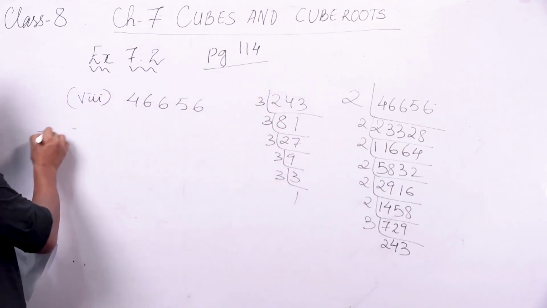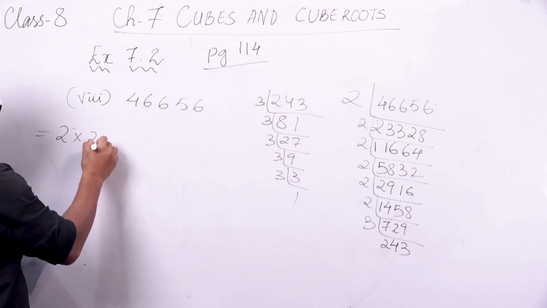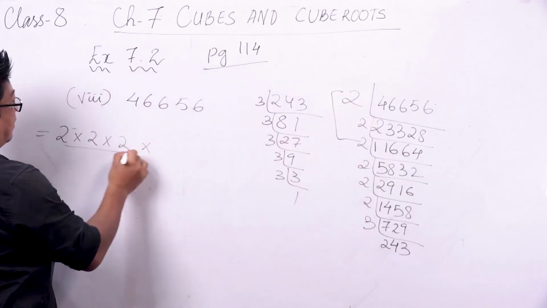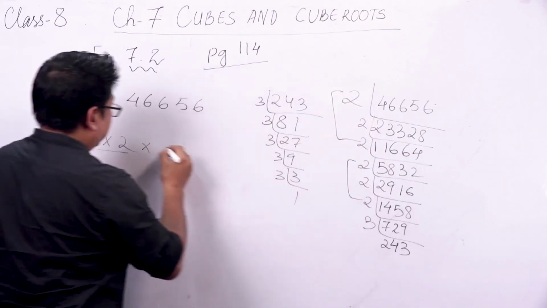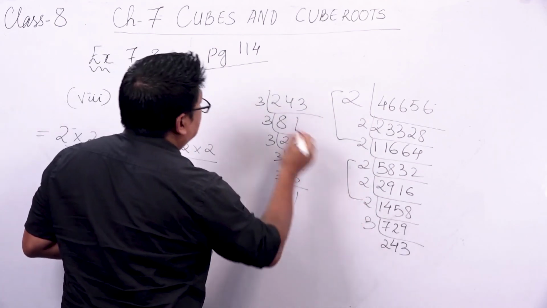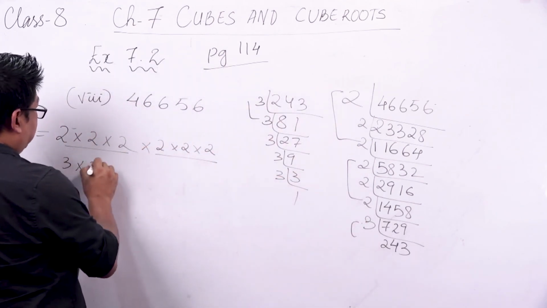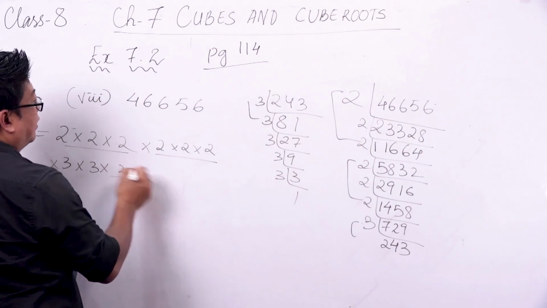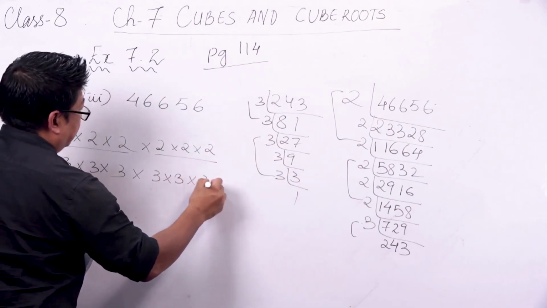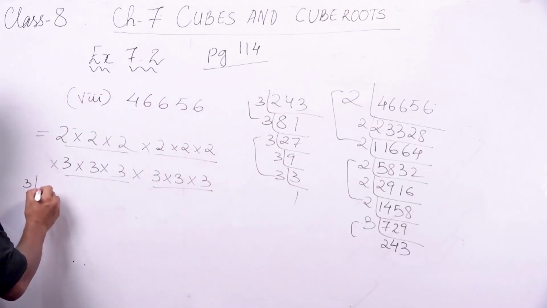So for this, I will write 2 into 2 into 2. Again, for this, 2 into 2 into 2. And then 3 into 3 into 3. And finally, this 3 into 3 into 3. So when I write a cube root of